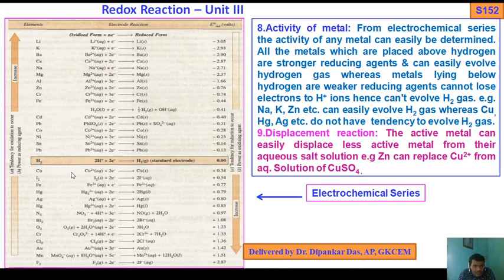Okay. Now below the hydrogen, what? Copper, iodine, Fe3 plus, Ag plus, NO3 minus, Br2, O2, Cr2O7 2 minus, Cl2, Au3 plus, MnO4 minus and F2. So these are the lowest, F2, fluorine, plus 2.87. Okay. So these are the reduction potential values of the elements above the hydrogen and below the hydrogen. So this is the electrochemical series. I have discussed what the electrochemical series is, its applications, which are very important, and also the electrochemical table where the elements are placed above and below the hydrogen.